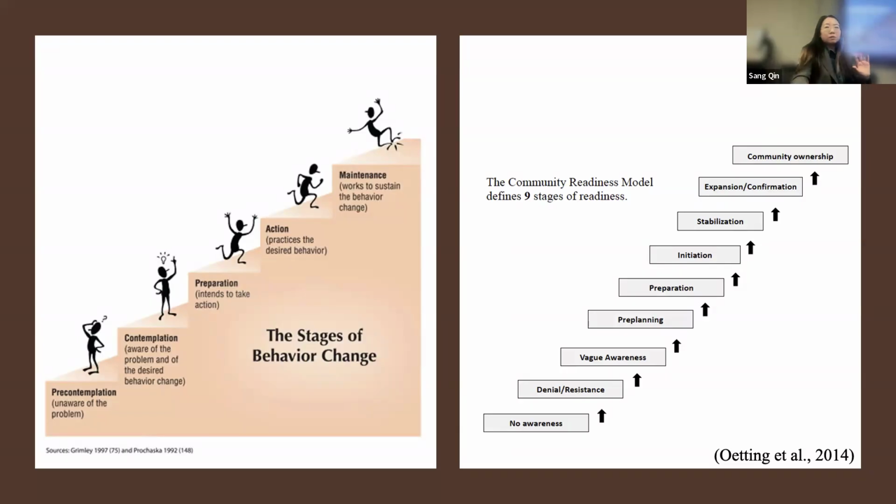But for this model, they transition the stages of behavioral change from the individual to the community level. So they're treating a community as a person, to understand where the community is at in addressing this issue, in taking on changes and actions. Can we first know where they're at, then have a well-matched intervention to offer to the community or to design together with the community? So that's the concept here.